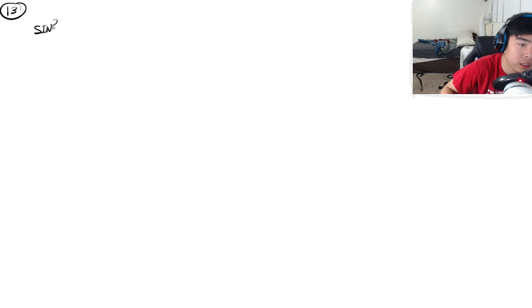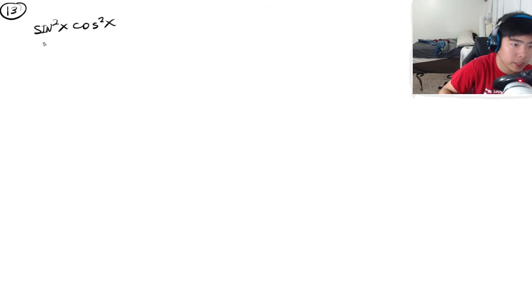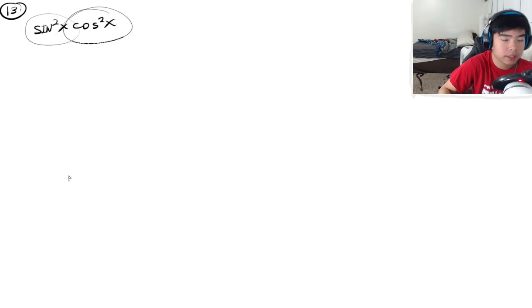Alright, 13. I'm going to get the paper out. Write sine squared x and cosine squared x, and it's in terms of the first power, so you can't have that. So you basically gotta simplify the powers down. So what I could do to begin with is, we already know the formula for that, right? So sine squared x is going to be, holy, that's one big parentheses. Alright, so that will be, let me try to think of this in my head. 1 minus